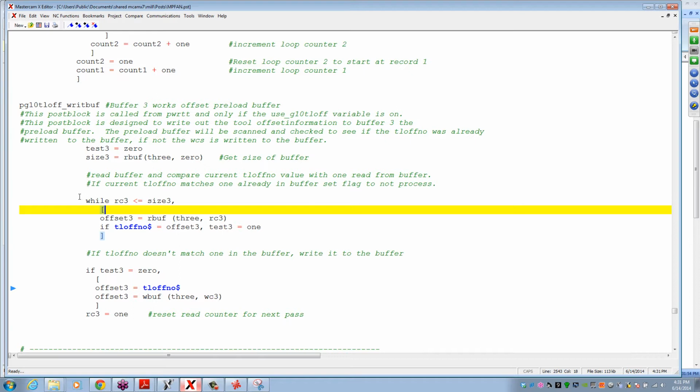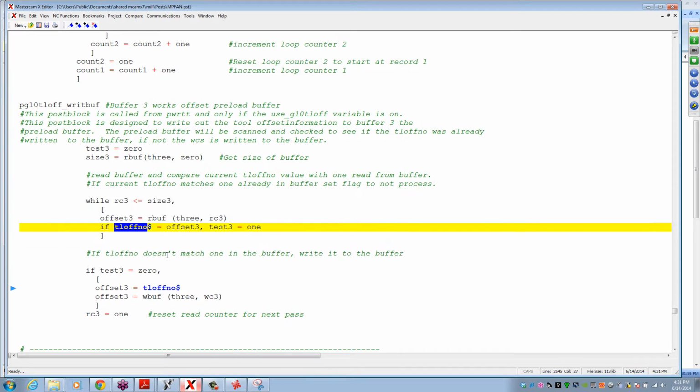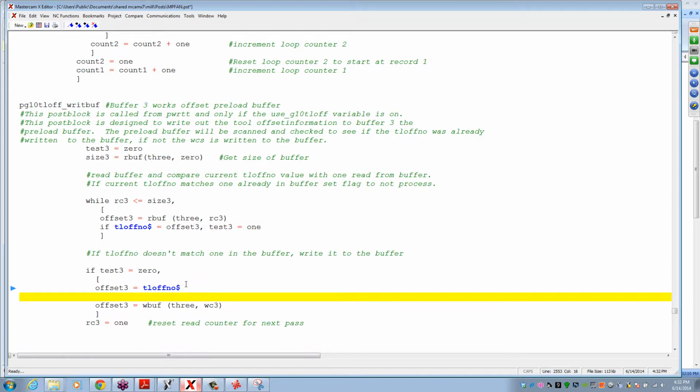Okay? We're only looping through and checking the tool offset number. So if the tool offset number's been repeated, we're gonna flag it. We're not gonna do this. Now the only other thing we need to change here is to say OAL LEN3 equals,